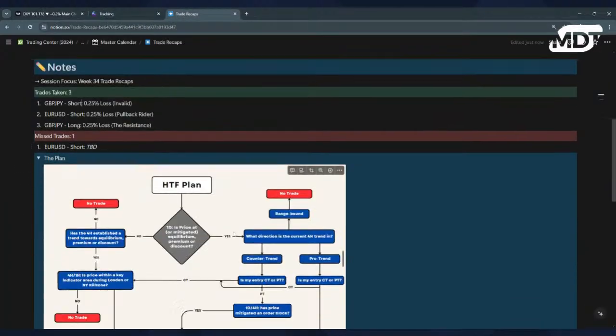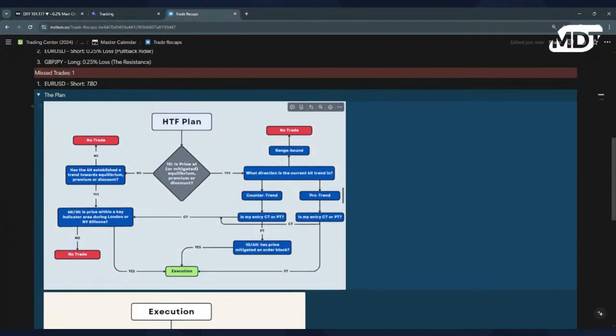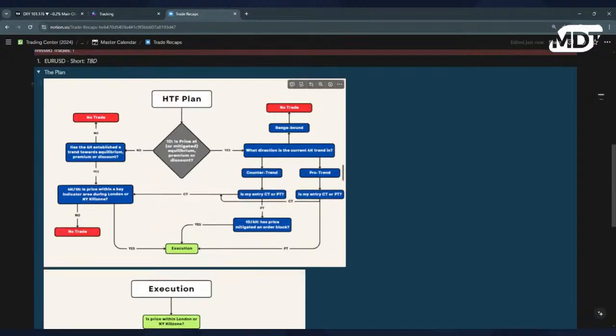And if I come back to the plan here, the plan clearly asks if price is at or mitigated equilibrium premium or discount. If we haven't, at the 4 hour, established a trend towards equilibrium premium or discount, yes, assuming that the trade is in the direction of the trend. And this is where I think a bit of ambiguity came into the plan, and where I maybe didn't have my rules clearly defined, and I've made note of this. So I will want to get more clear on this,